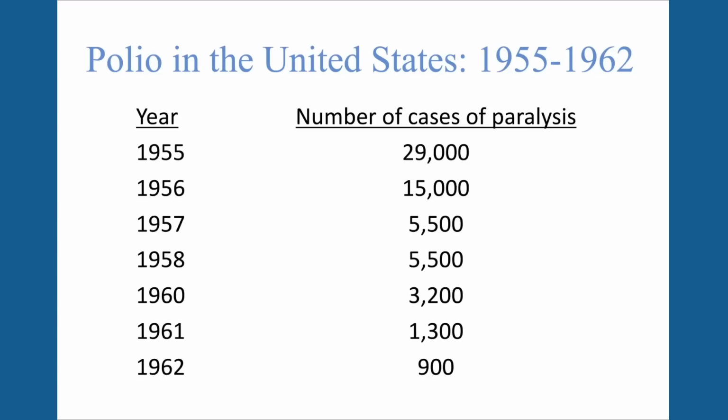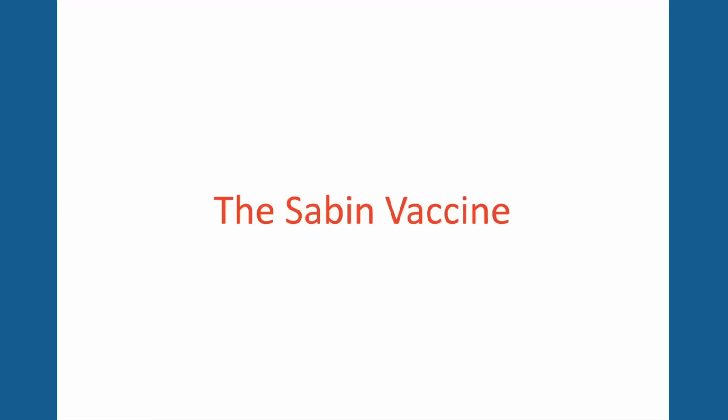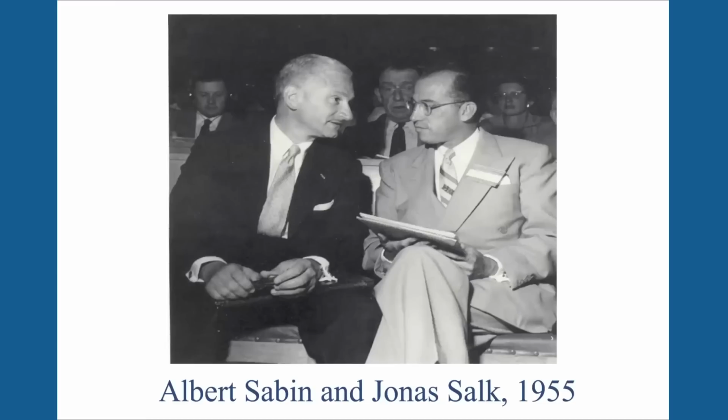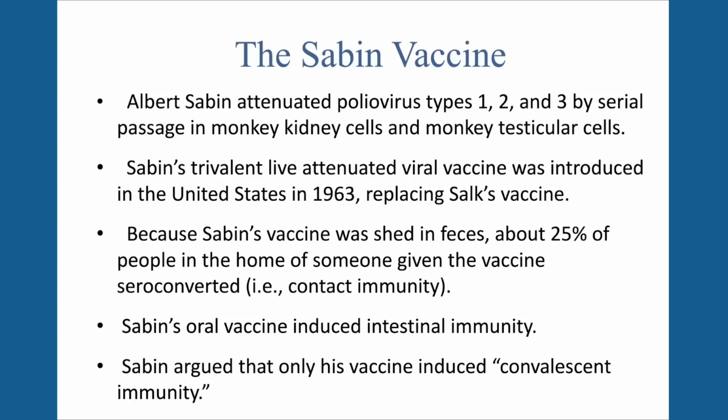And as you can see, between 1955 and 1962, there was a dramatic decrease in the number of cases of paralysis caused by poliovirus. But that vaccine then was ultimately replaced by Albert Sabin's vaccine, who you've seen here in one of those rare moments when they're talking amicably. And Albert Sabin